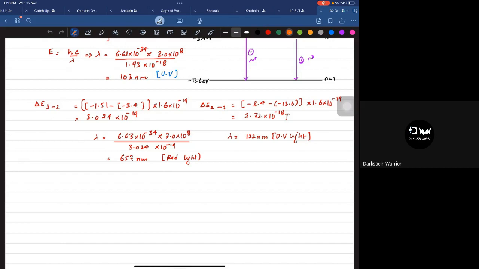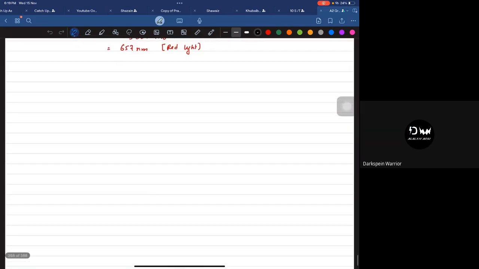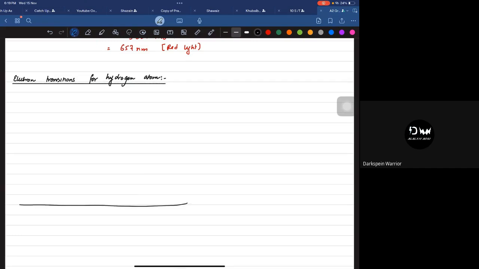All right. Never mind. So now today, just for your information, I just want to tell you that there are different transitions that can happen within the hydrogen atom. You can draw these transitions, and then we're going to go forward. This is basically called electron transitions for the hydrogen atom. Basically, we are at the ground state. Then,